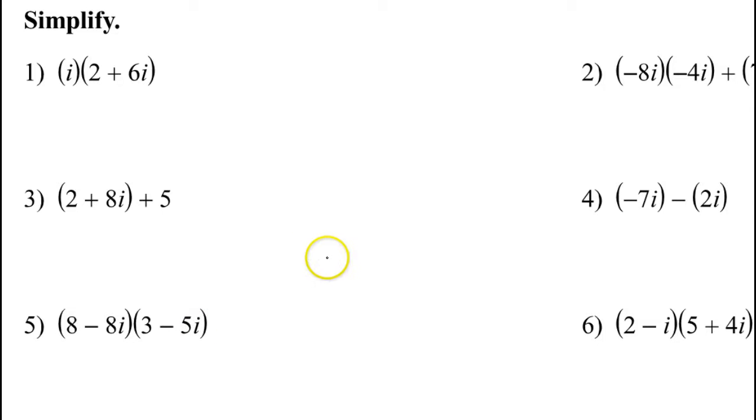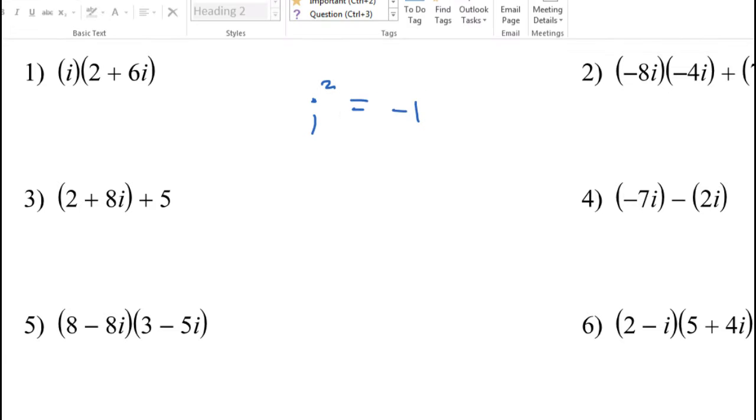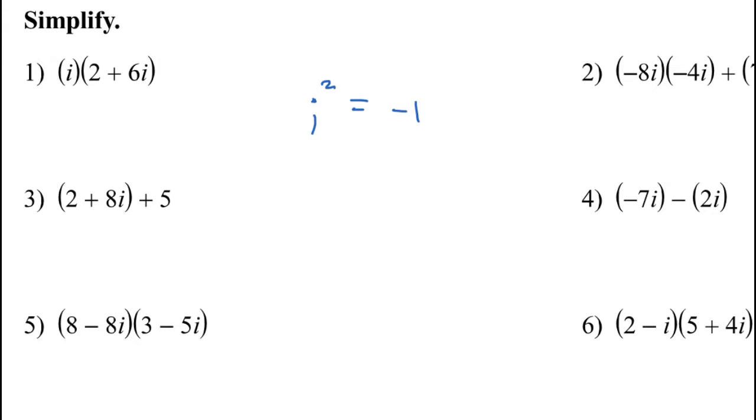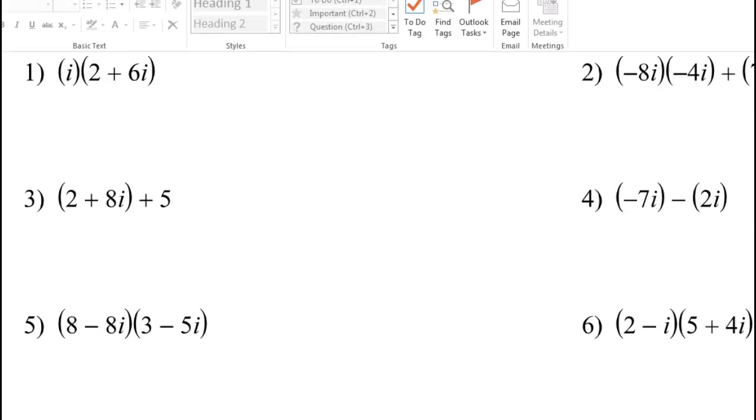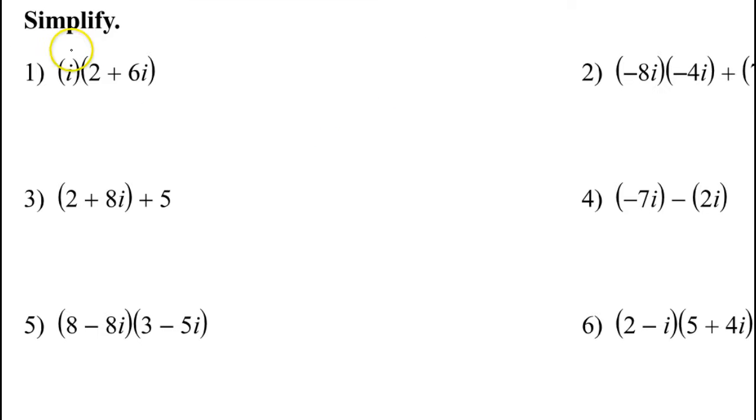This video is a review of complex number operations. We will be dealing with i. The main thing that you need to know about i is that i squared is equal to -1. Most other things work with i just like a variable, like x. But i squared is -1. Watch out for it. So in problem number 1, you would do a distributive property, and that would give you